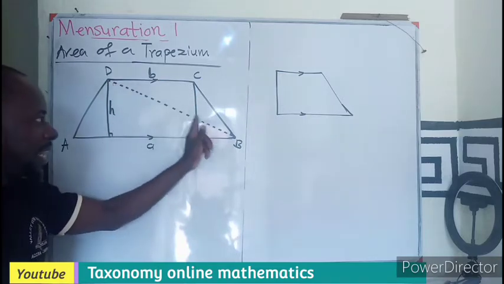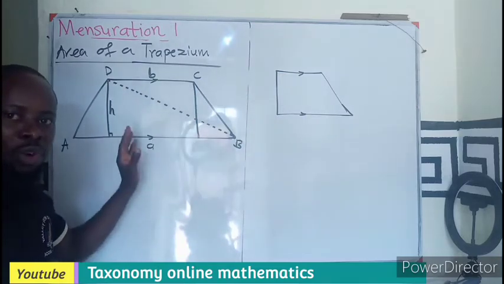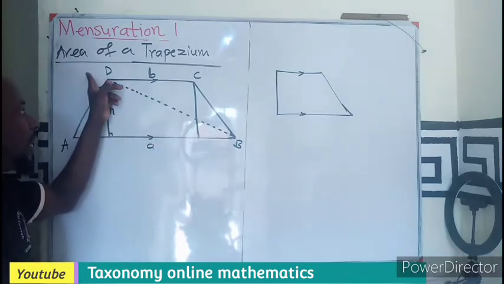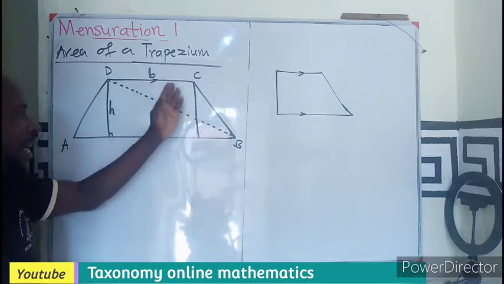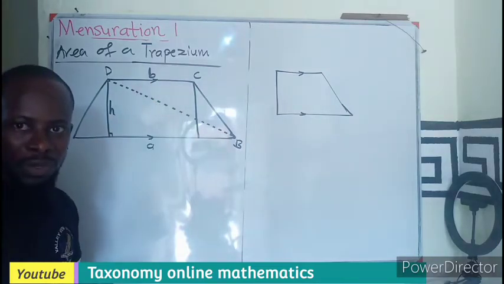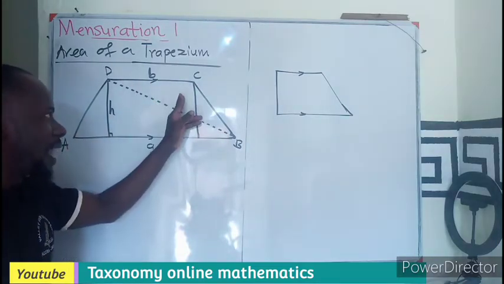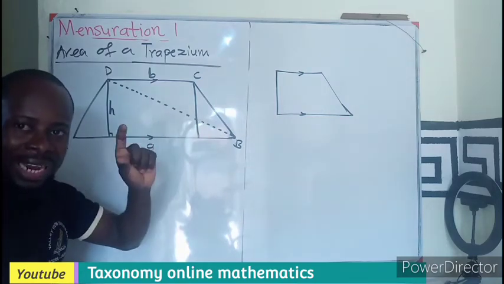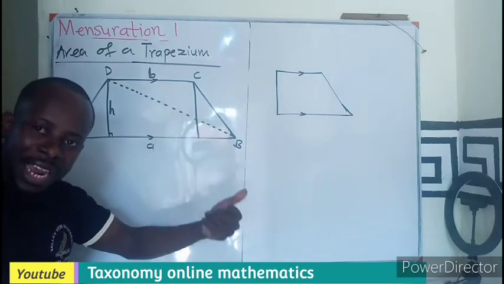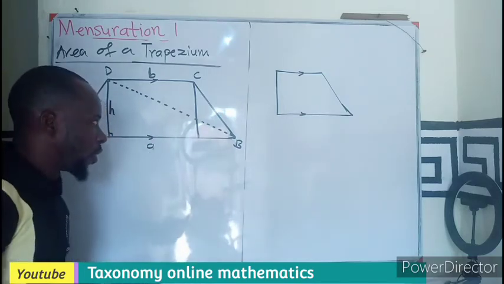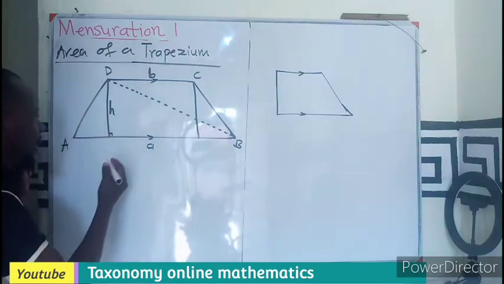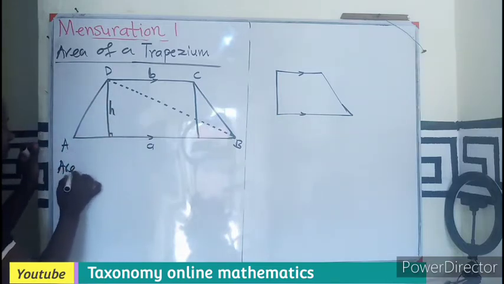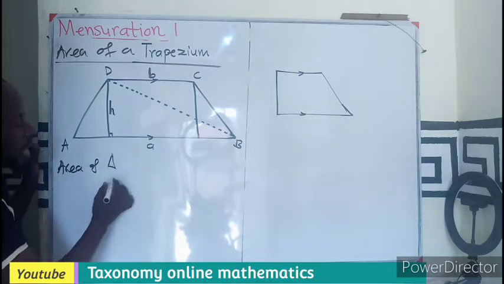Now, this line here divides this trapezium into two, which gives us ABD and BCD as two triangles. So it means that if I know the area of triangle A and that of triangle B, adding the two together gives me the area of the trapezium. So in this case, let's use area of triangle